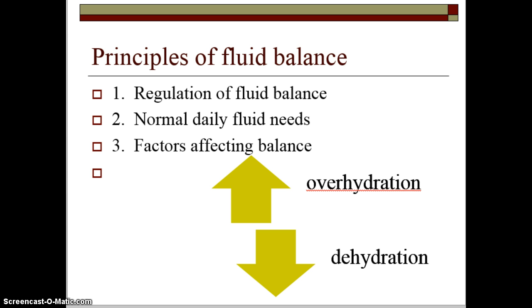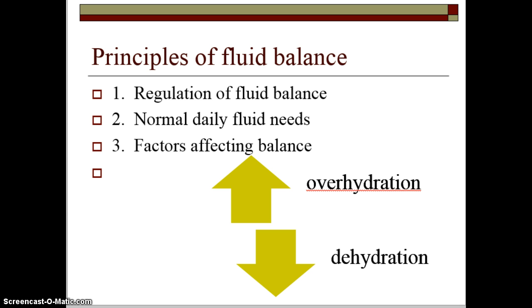Perhaps they are on a diuretic and they have a higher rate of urine output. Perhaps they have open wounds or a hemovac and they're losing a lot of fluid that way. So a lot of things regulate fluid balance. We know older adults do not have the thirst sensation that they do when they're younger, and so they perhaps will not drink as much water or fluids throughout the day because they just don't feel thirsty, or they're having problems with incontinence and they don't want to be a bother or have problems, so they just